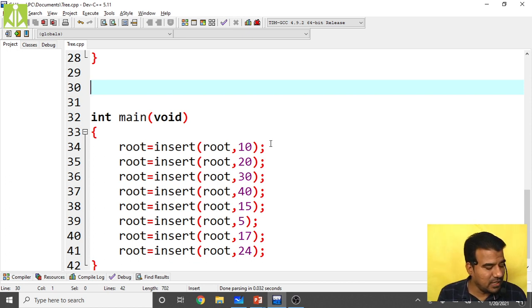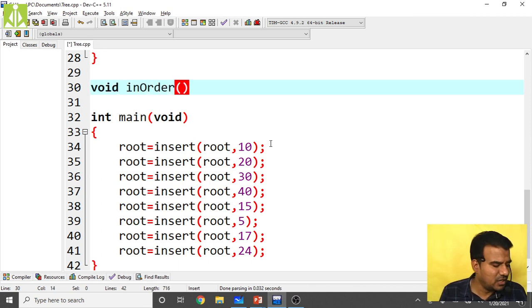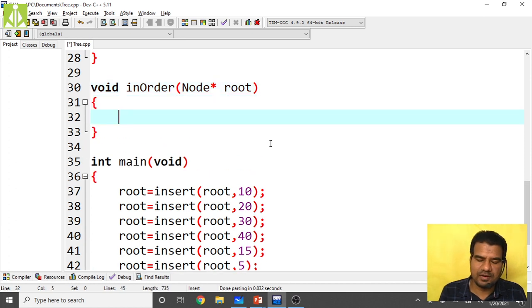In order traversal, it will return nothing. So void. So in order, it will take one thing: Node star root, because from the root node only will be the reference.